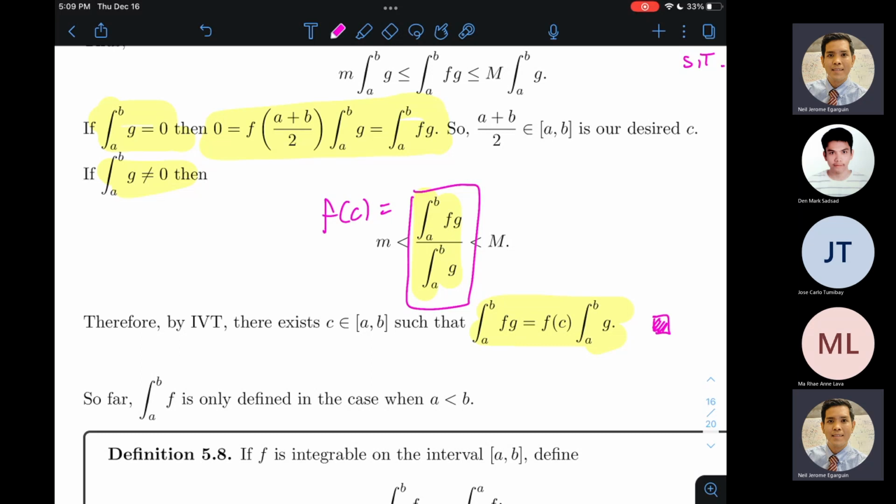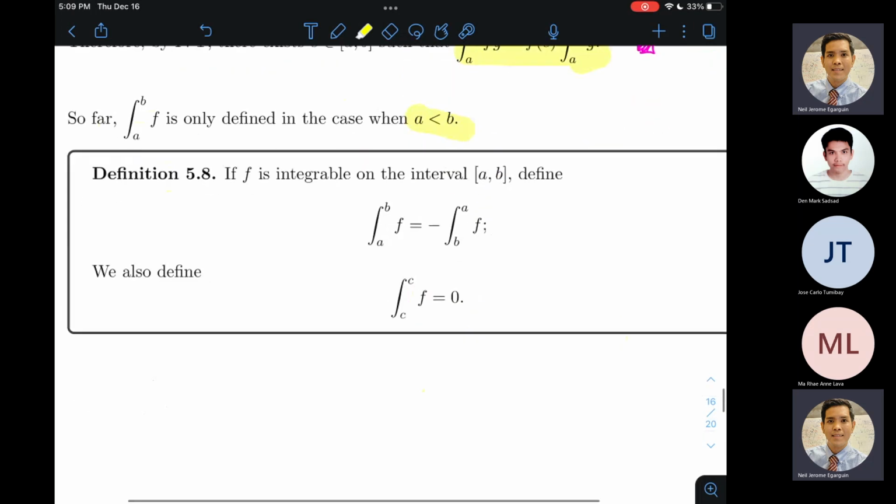Now, let's fill in some other gaps in our theory of integrals. So far, saan natin dinidefine yung integral? Dinidefine natin yung definite integral sa isang closed interval AB. And when we say closed interval AB, there's a tacit assumption that a is less than b. Pero di ba minsan nakakita tayo ng integral na yung lower bound ay mas malaki kaysa sa upper bound. So for that, to make it consistent with the brand of calculus that we already know, we will force the issue that the integral of f over the interval AB